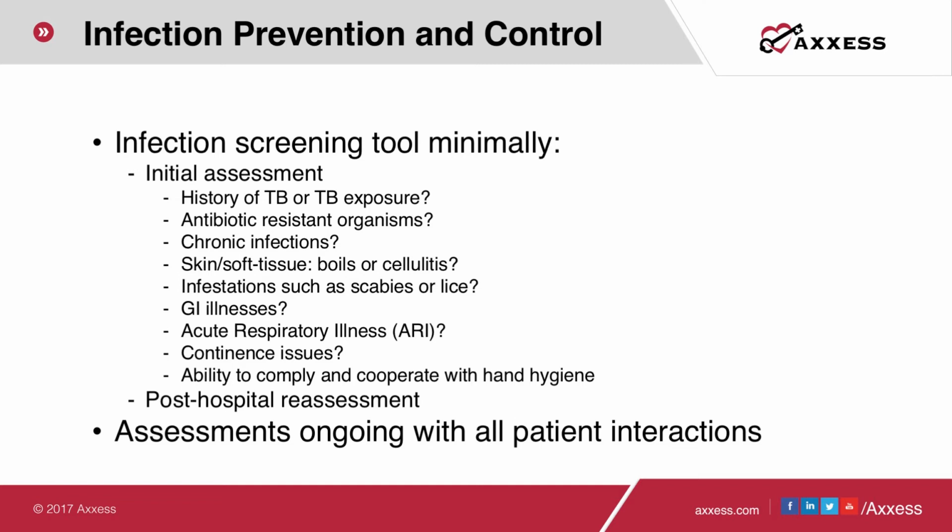Also, have they had any chronic infections? Do they have chronic bronchitis, or do they have chronic UTIs? Do they have a skin or soft tissue issue like boils or cellulitis? Are there infestations like scabies or lice? GI illnesses? Do they have an acute respiratory illness or continence issues? Certainly, we know if a patient's incontinent, that increases their risk for skin breakdown, but it also increases their risk of urinary tract infections. And then we need to also assess if that patient is able to comply and cooperate